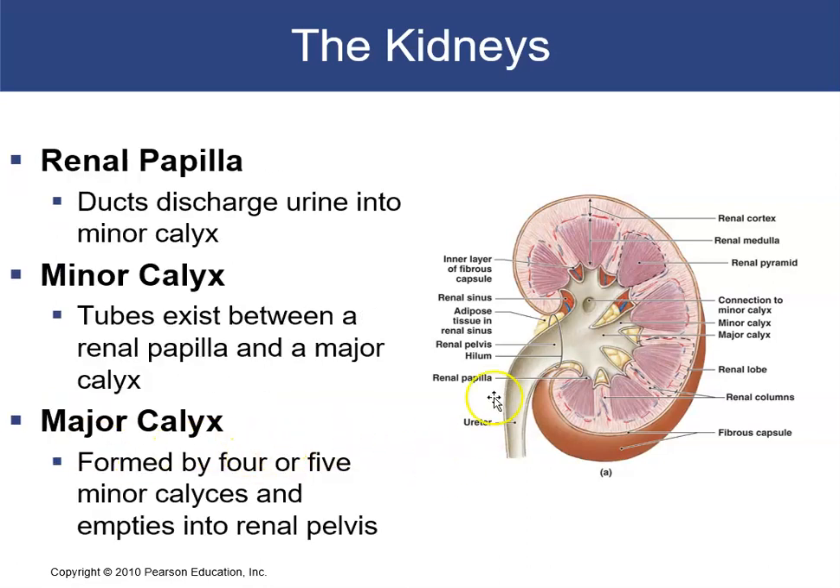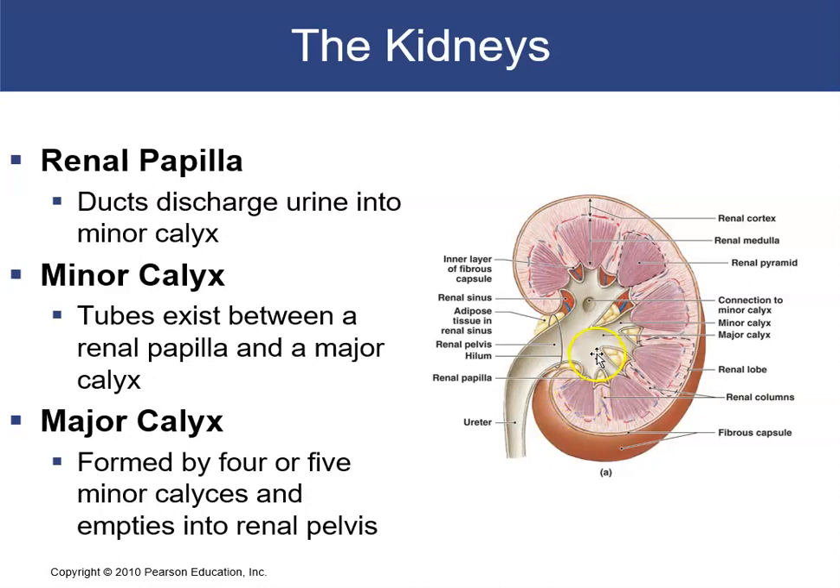We mentioned the renal papilla. This is the duct at the base or the tip here of the renal pyramid. This is where the urine is discharged into the next structure, which is known as a minor calyx. The minor calyx is a cup-shaped drain attached to each tip of the renal pyramids. The minor calyx tube runs between a renal papilla